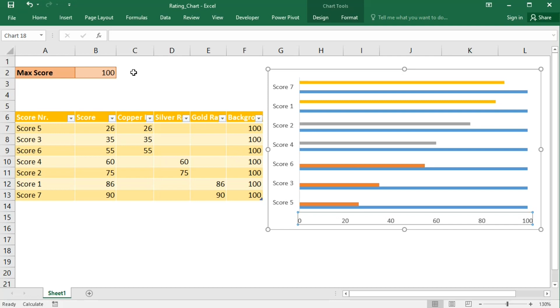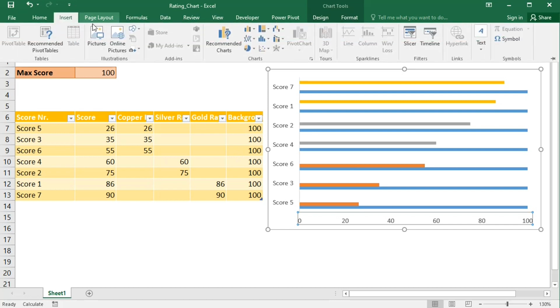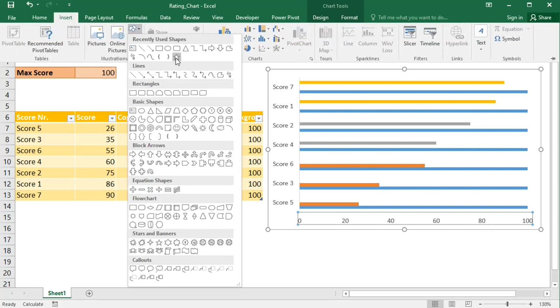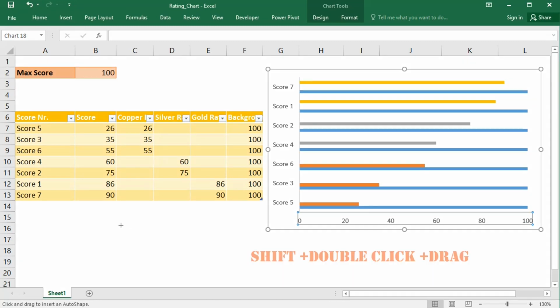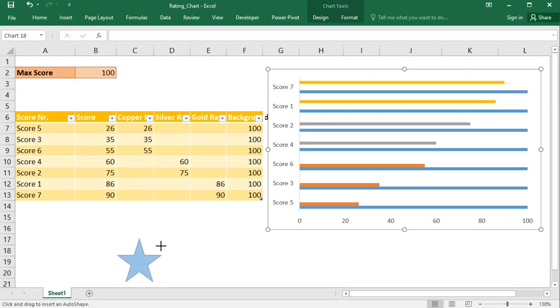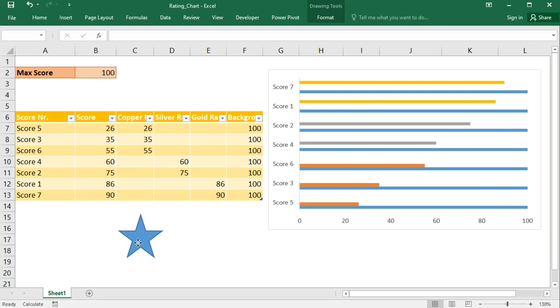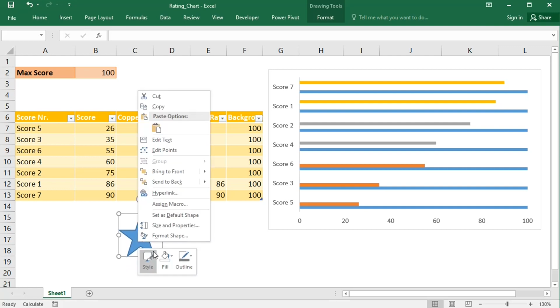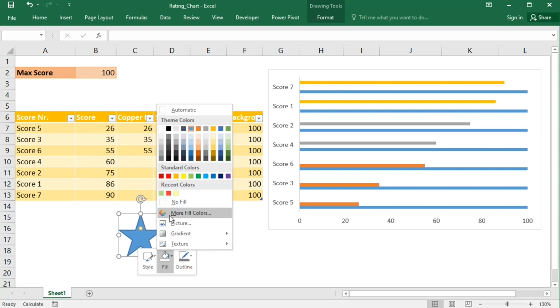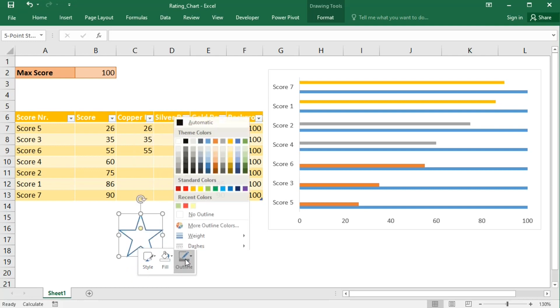I'll also need a star shape. Add the shape, format it,